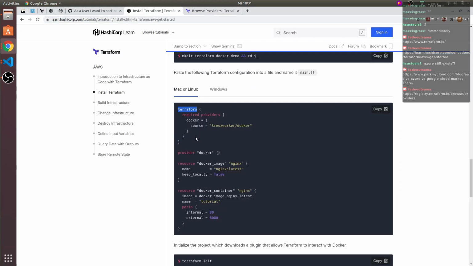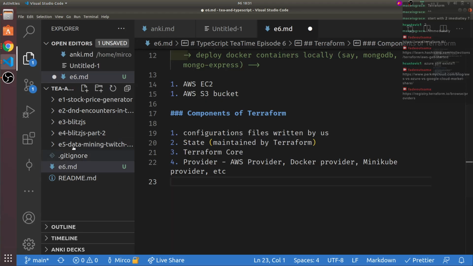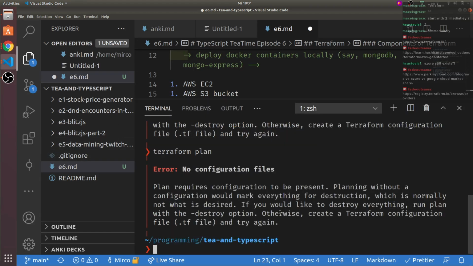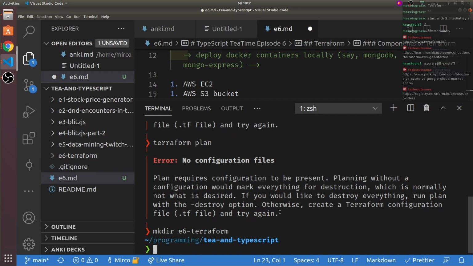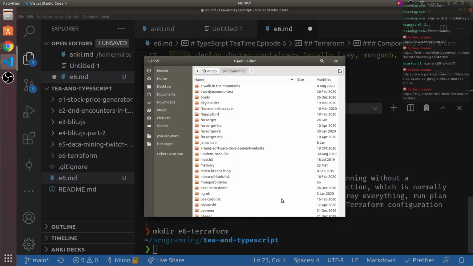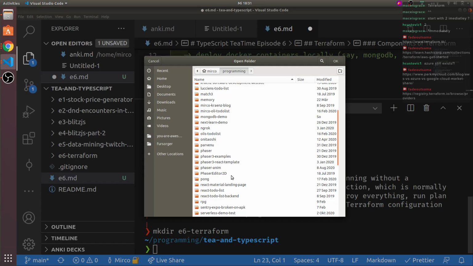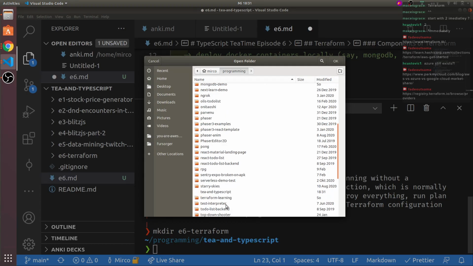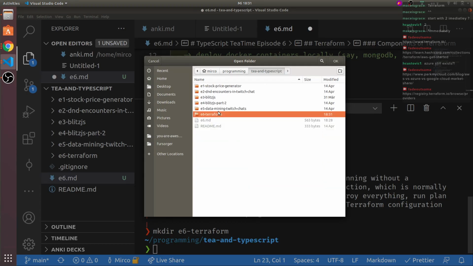So, the basic form. Let's make a directory, E6 Terraform, perhaps, and let's move into that directory.